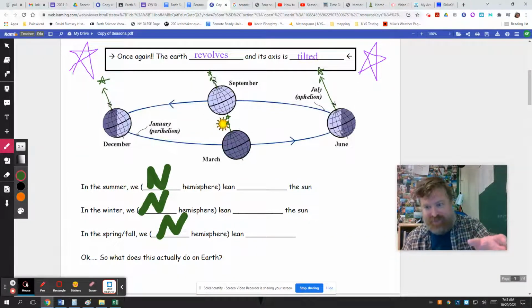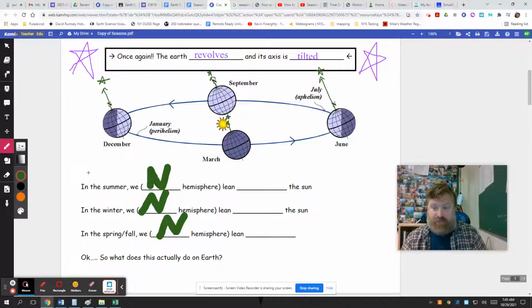They're not upside down in the southern hemisphere. Don't go with that misconception. They're leaning back. They're having the short days now. They're having winter, the lower angle. Here in our winter, where we're leaning back, they're leaning into the sun. They're having their long days, their more intense incoming solar radiation. So the seasons are flopped in the northern hemisphere and the southern hemisphere. So just keep that in mind.